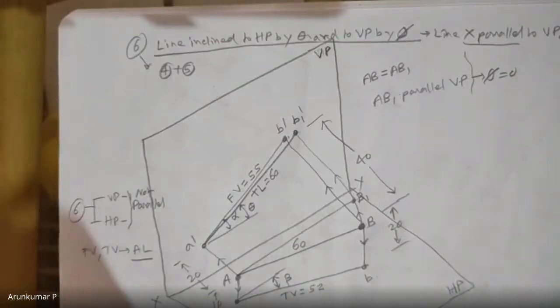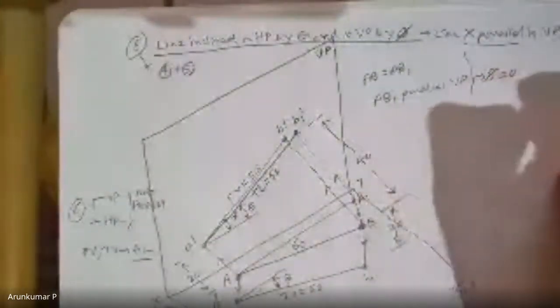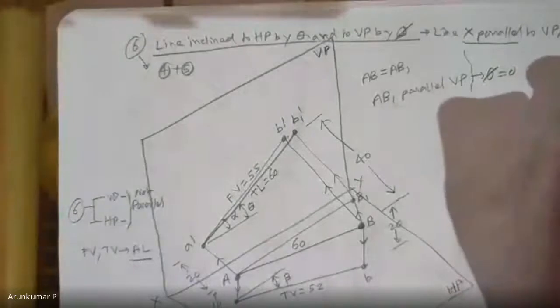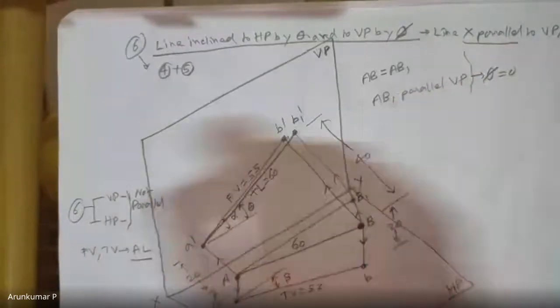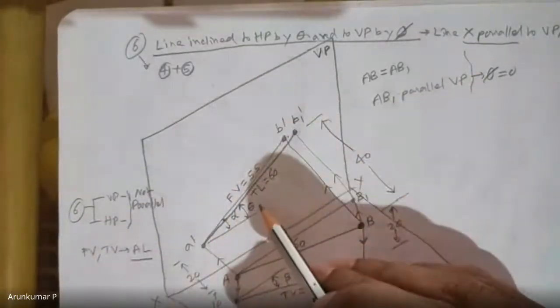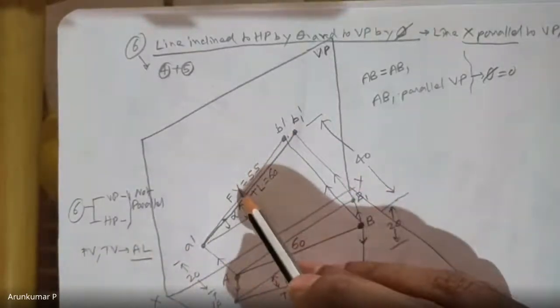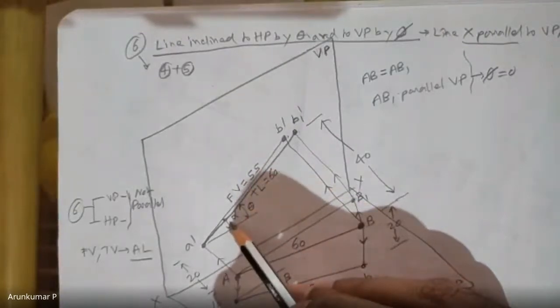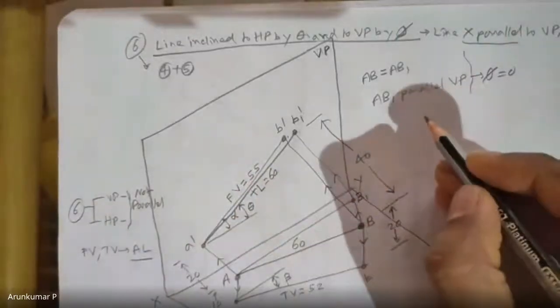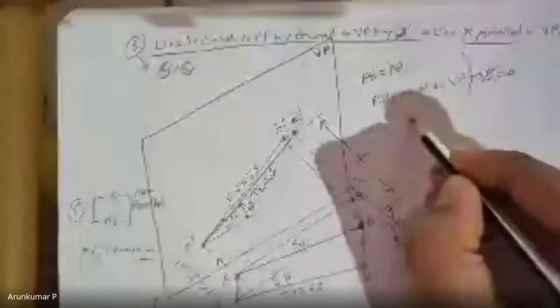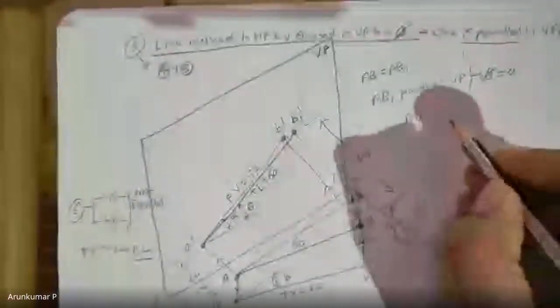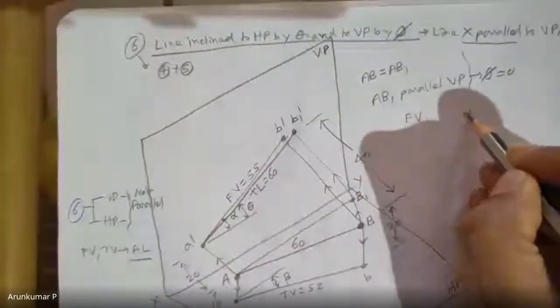Okay, I'll introduce you to this concept also. But as of now, what you should understand here is that the true length is that we can see later. Fine, that is fine. See, true length 60 mm line inclined by an angle theta. Front view 55 mm line inclined by an angle alpha. Okay, so that brings us to another concept, that is the front view and alpha,